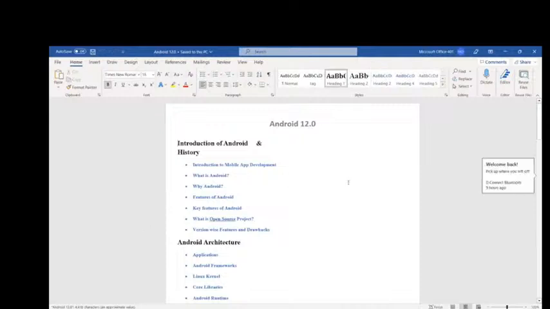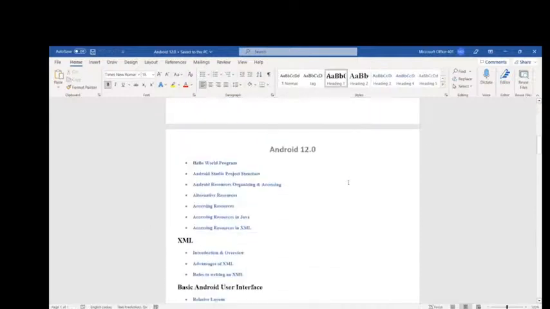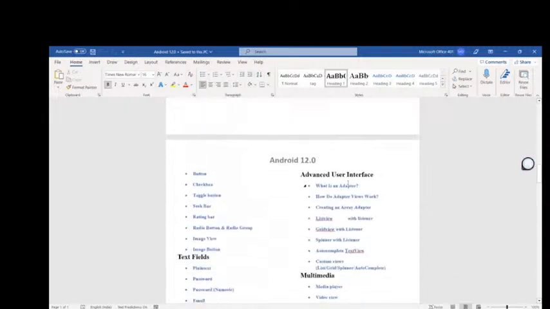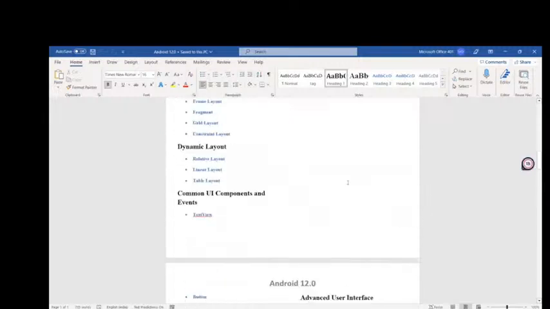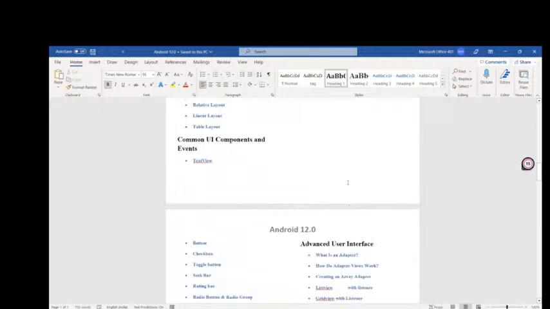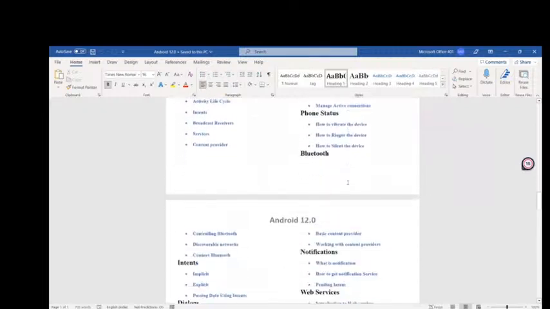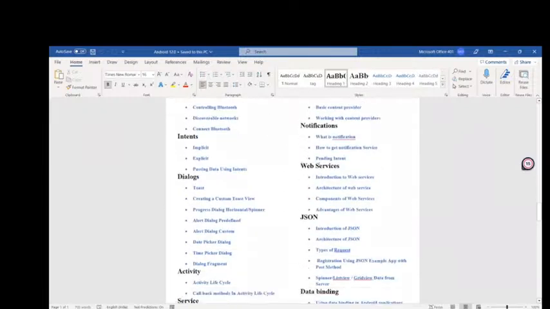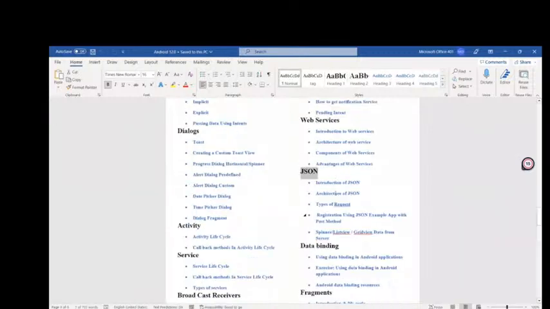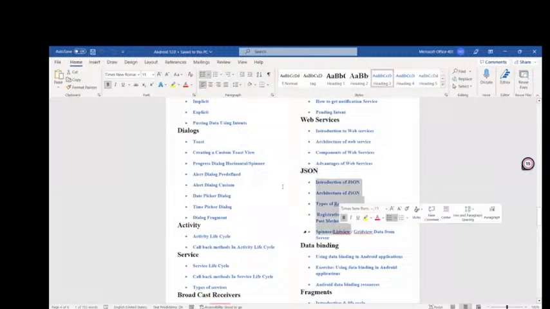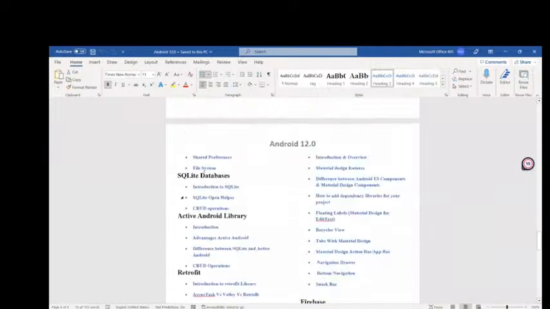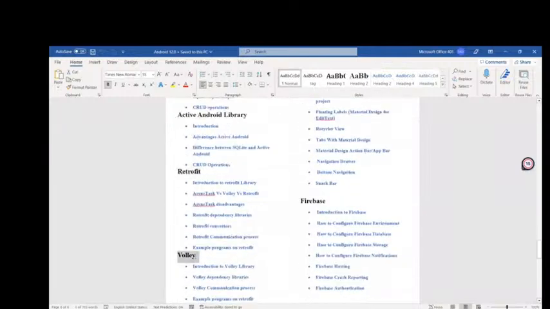I already showed the complete syllabus yesterday. Here we discuss REST APIs and web services, using the JSON format. First the basic first-level program, and after that advanced libraries, that is Retrofit and Volley.